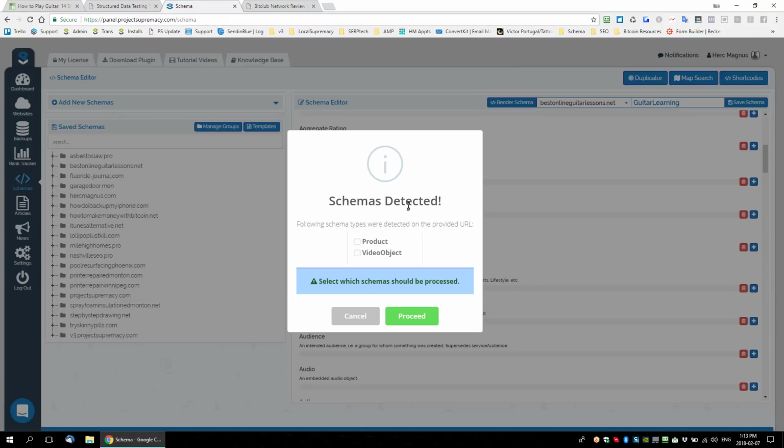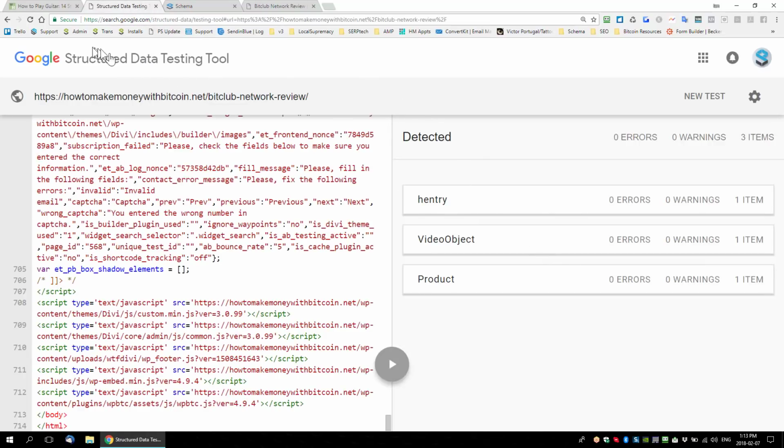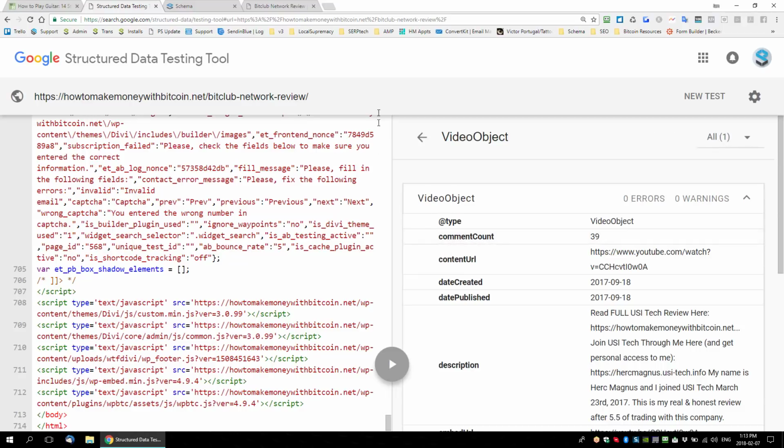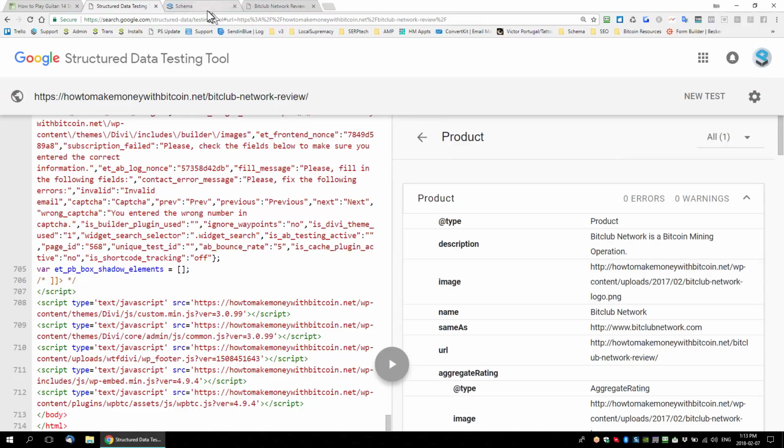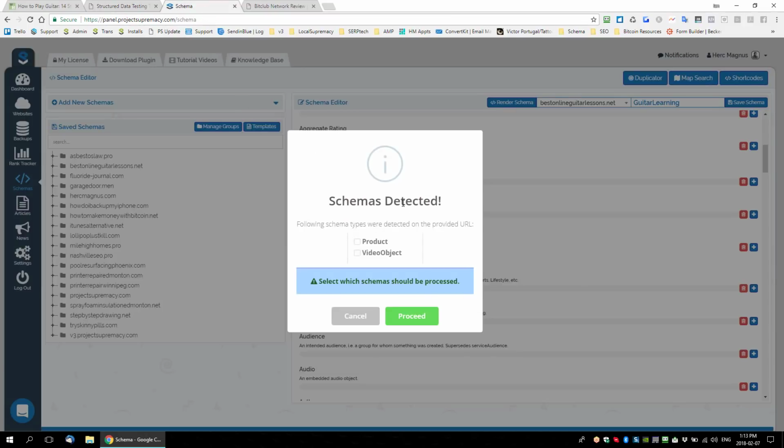You can see schemas were detected, but this time it detected two types of schema, like I said it would. You can see on the structured data testing tool, we do have the video object and we do have the product schema. So there's basically two schema types on this page, but our schema tool in V3, the schema duplicator, found both. Now you have the option to select both or one or the other and import just that. So it's an extremely versatile tool. It's extremely flexible, so it'll just give you a lot of options now, guys, to grab schema from other sites